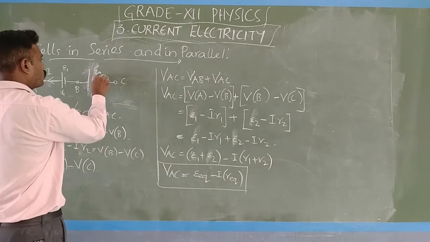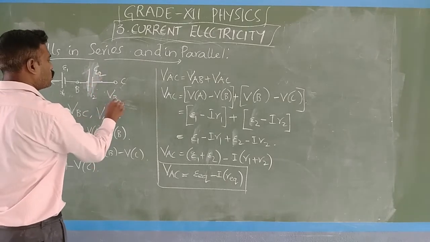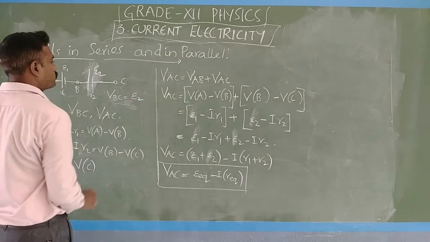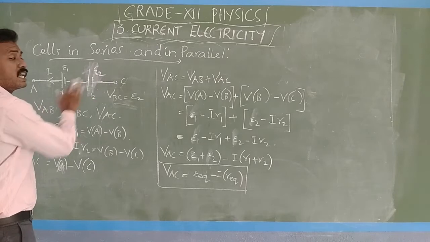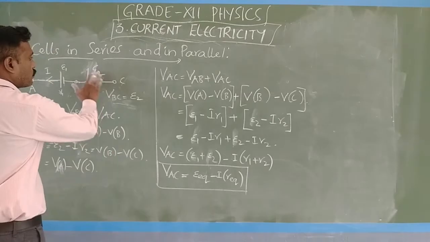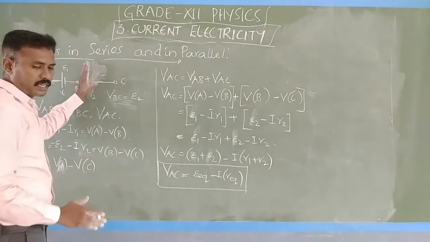So this is E2, VBC equal to E2. Okay, in case if the circuit is like this,